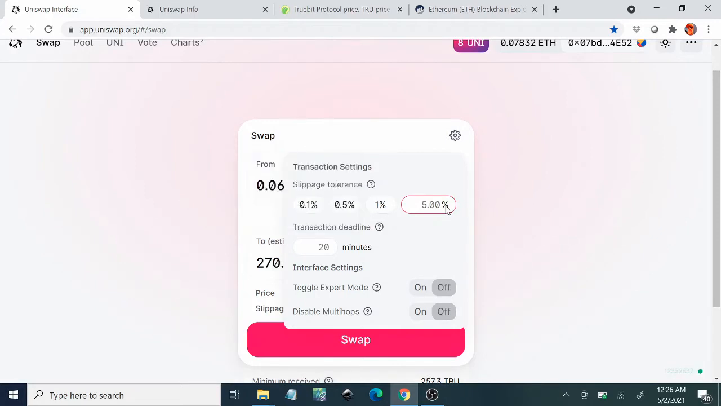Now, in the settings, you'll see the slippage. Basically what this means is, as you're buying the token, let's say a token that's going up in price or going down in price, the price that it quotes you on here could slip and you could end up getting less of the coin. So you can put in here the slippage, saying, hey, I don't want more than 1% slippage. Now, I actually have mine higher